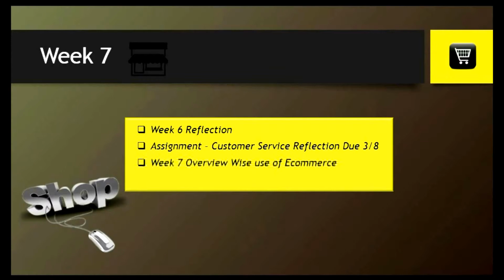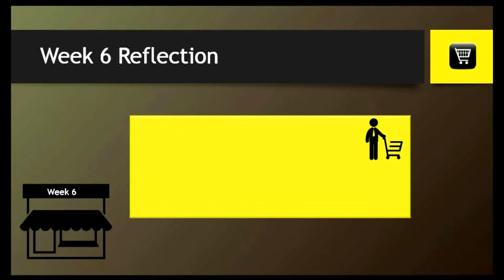And then we'll talk about this week. And really, we're not teaching e-commerce. This isn't a web development class in any way, but we're talking about some best practices and some good use of electronic commerce, and even maybe a bad example. So this week the assignment is also going to be, is your business e-commerce friendly? And that's really going to go along with these key points that we talk about, what to look for and the factors to use when you're deciding what type of electronic presence you want to have.